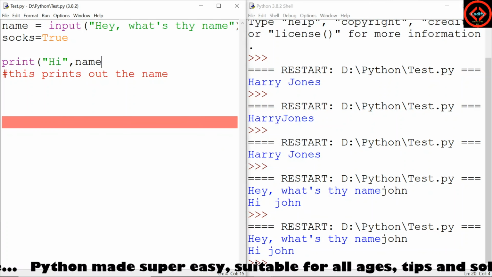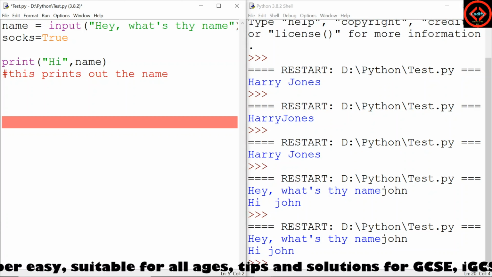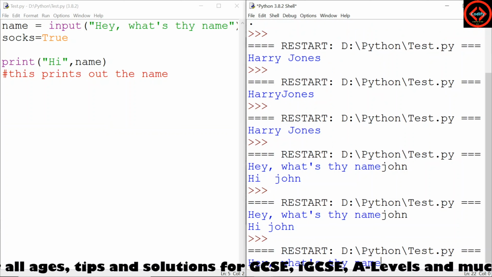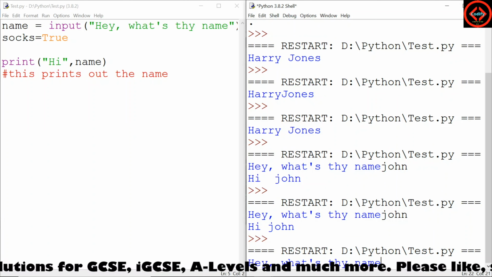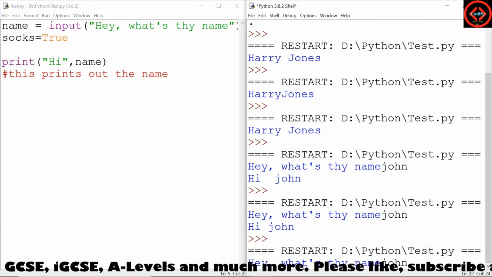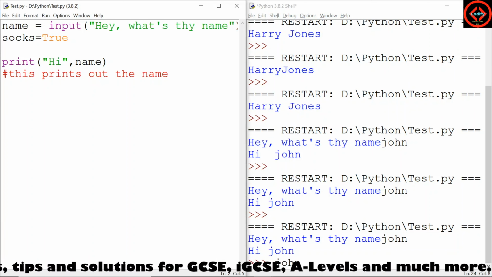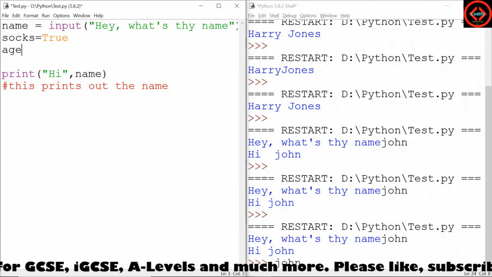Okay, so there is no end bracket here, so this would be ignored. If I run that now, the whole comment will be ignored. So again, I'll turn around, say hi. I'm finding it, John again. Hi, John. Right, the reason why we had this value here, a boolean value, remember you could have different